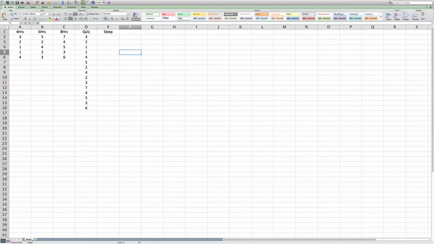Now you've got to think, in this study there are 2 variables, quiz and sleep, and the way I always want you to set up your data sets in Excel, well, eventually it's going to be in CSV format, is the variables vertically, and then the participants or the subjects horizontally. So what we need here is we need these folks to have 4 hours. So I'm going to enjoy a nice cool feature in Excel which allows me to drag that down. The next is going to be 6 hours. So drag down 5 of those, and the next is going to be 8 hours,